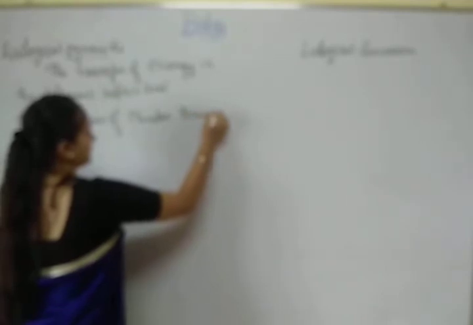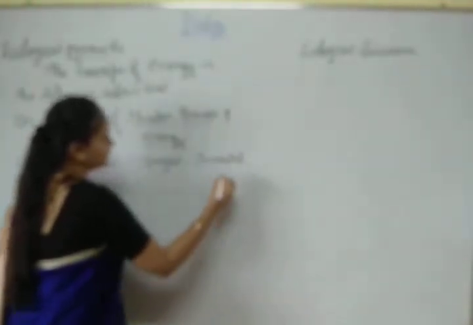On the basis of number, biomass and energy. Number, biomass and energy. So in ecological pyramids, we consider number, biomass and energy, and how energy flows from one trophic level to another trophic level. So considering these three, we will construct